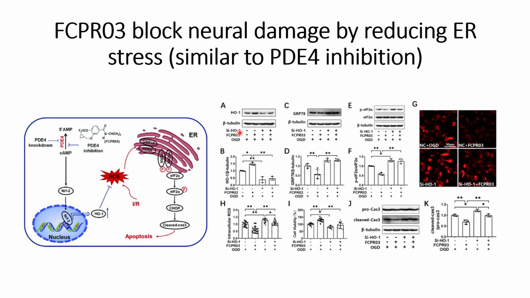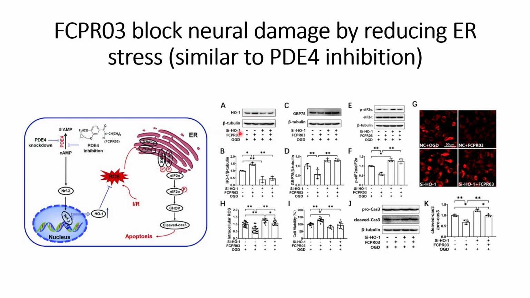In the next case, cells are transfected with silencing HO1, and we can see that the amount of HO1 production is decreasing. And the cells in this condition are under ER stress through the oxygen glucose deprivation condition. And in the third case we can see that all three conditions are positive, that is,